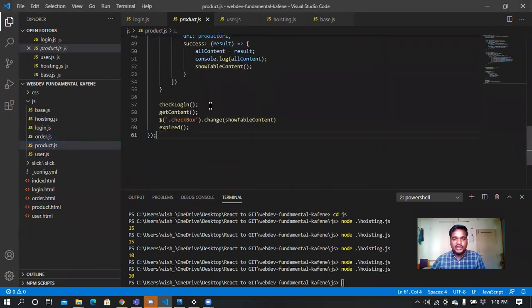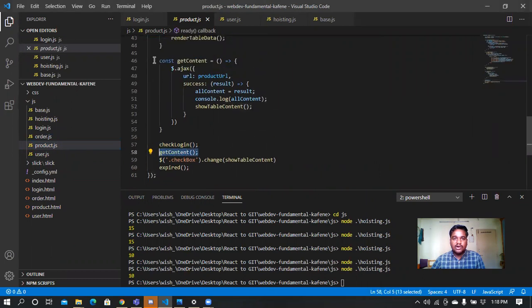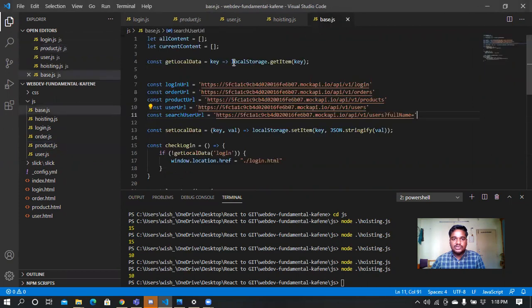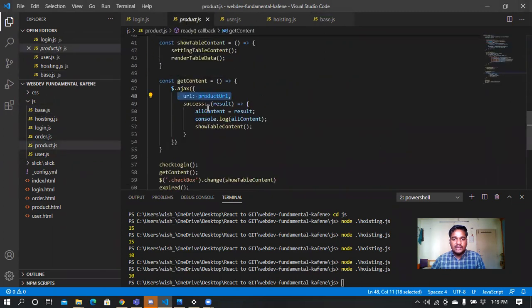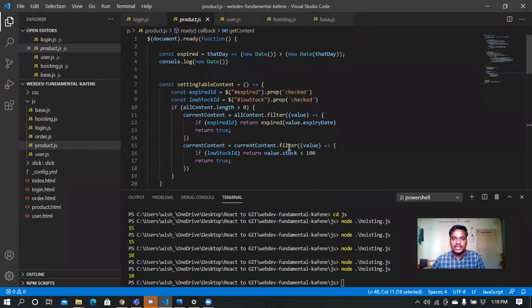It's the same structure. First it will check login, then it will go to get content. In the get content we have already provided the product URL as mentioned in the base.js file, the product URL as you can see in here. After the success result, we'll get the all content array of objects first. Then we'll go to the set table content.